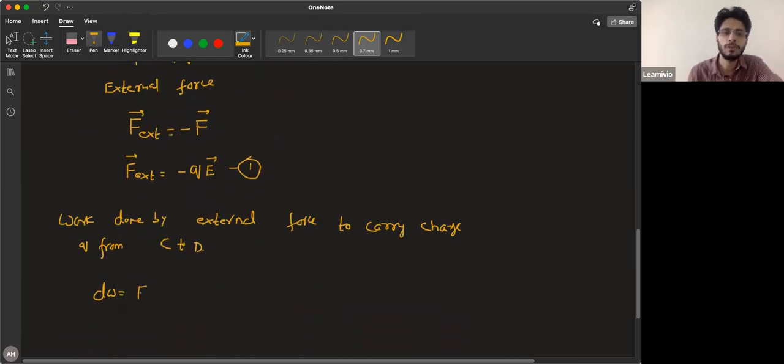So work done will be the dot product of external force and displacement. Your external force is this, minus of Q E. So it's minus of QE dot dx. That's the work. So this is work done for a small path C. Now I need work done from some point A. Let's say I call this as